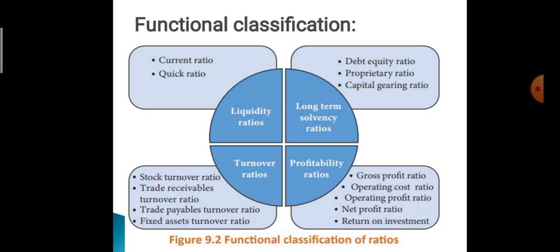Proprietary ratio looks at the debt equity ratio slightly differently. It looks at how much claim the shareholders have on the assets of the organization. Now coming to the capital gearing ratio. It is calculated as funds bearing fixed interest and fixed dividend divided by equity shareholders funds. Funds bearing fixed interest and fixed dividend is nothing but debentures plus term loans plus preference share capital. Equity shareholders funds is equal to equity share capital plus reserves minus fictitious assets.